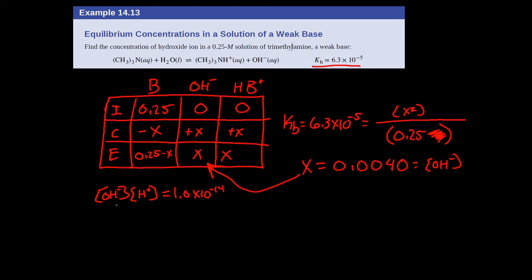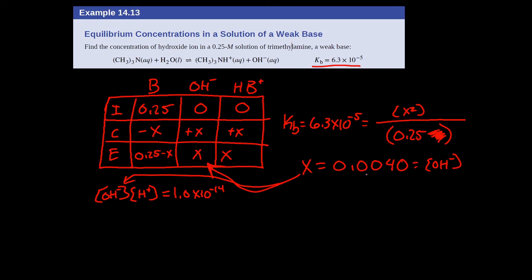We know that the concentration of OH minus times the concentration of H plus is equal to 1 times 10 to the negative 14. So you could plug this in there and solve for H plus, and then plug H plus into the pH